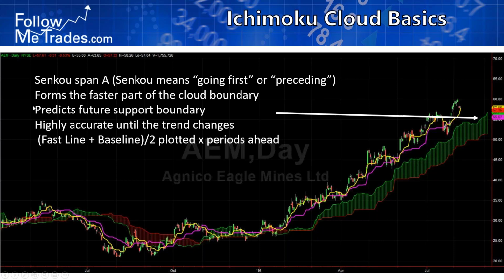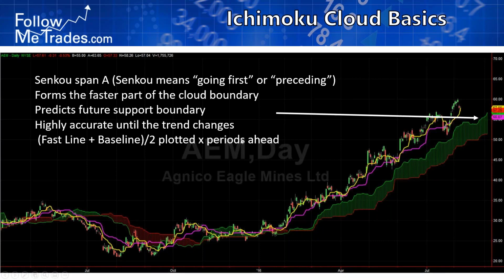And it can show support and resistance areas, and it's highly accurate. You know, I say until the trend changes, and even after the trend changes, because when you see breakthroughs of the cloud, it's at the thinnest points. When the cloud is really thin, breakthroughs are more probable, and when the cloud is very thick, support is more probable. Right? The formula for that Senkou Span A is the fast line plus the baseline, those 2 other indicators